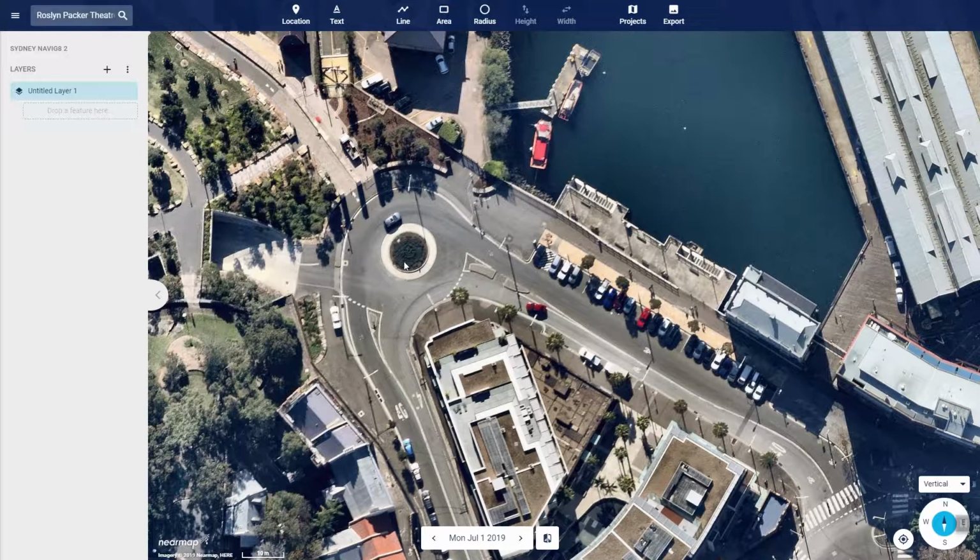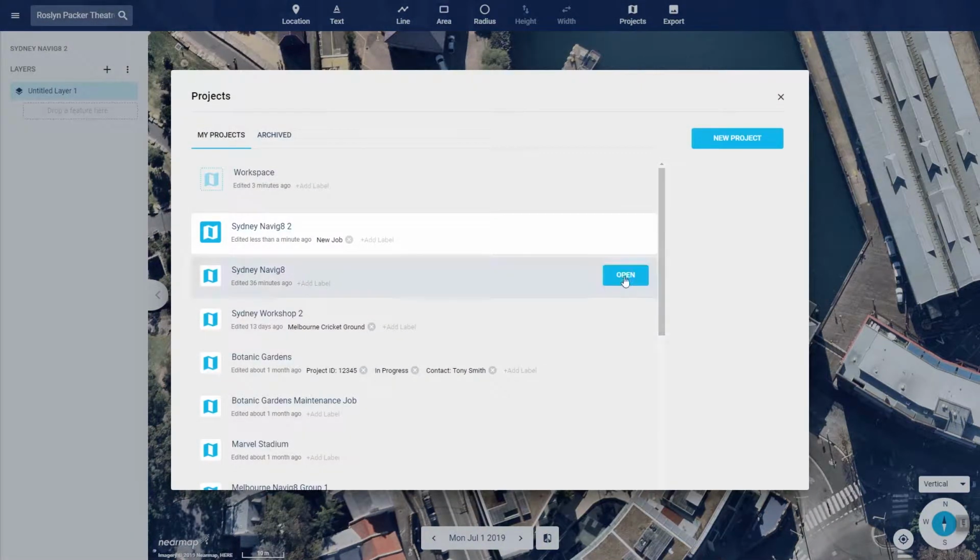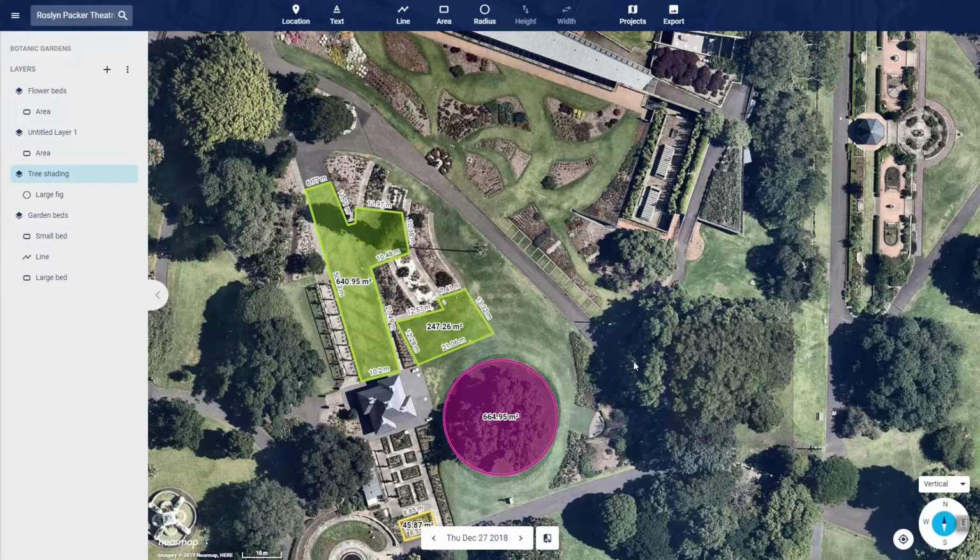And to show you an example, if I go here to projects, let's look at one I prepared earlier. And let's have a look at Botanic Gardens. So I hit open, and you'll see a whole bunch of measurements and annotations that I've done here earlier. Now, over on the left is a way to manage all of the different things that I've drawn on the